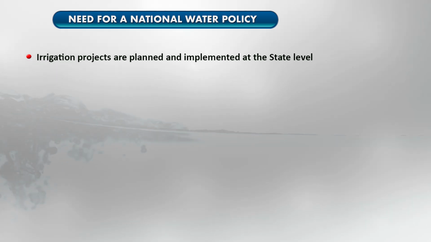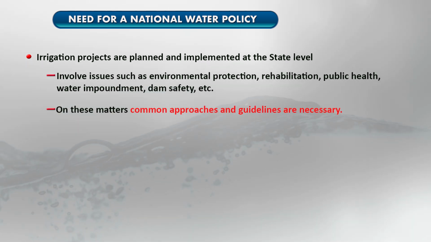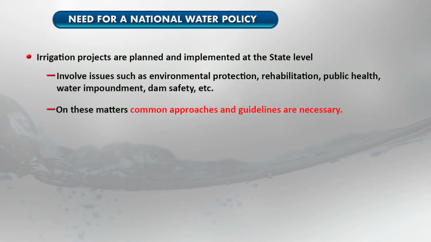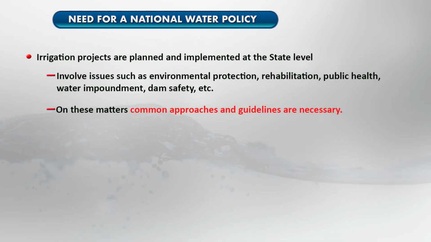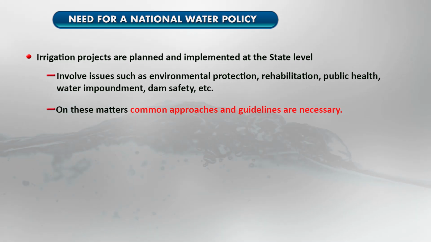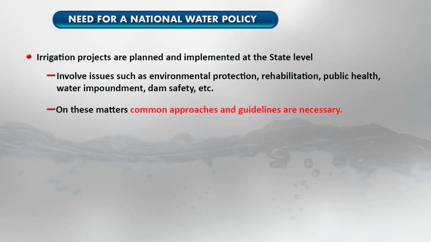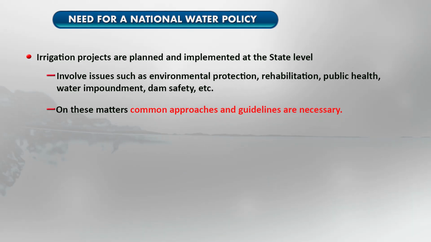And irrigation projects are basically planned and implemented at the state level, but they involve various issues related to environmental protection, rehabilitation, public health issues, water impoundment, and dam safety. So there are various issues when the states plan or implement state level irrigation projects, and that's why a common approach is required, and common guidelines are required to guide the states to plan